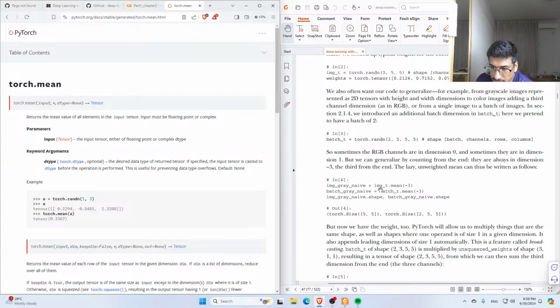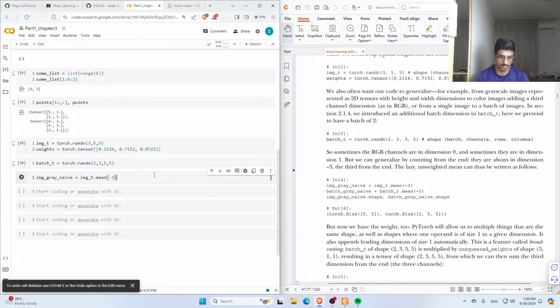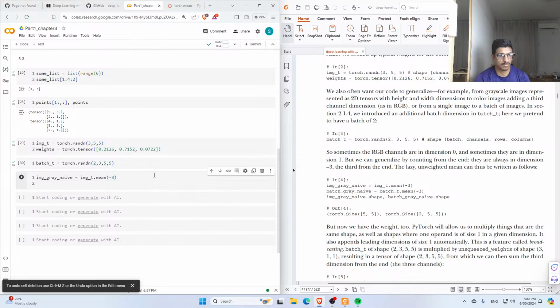Okay त्यसपछि mean third no -3. But we can generalize by counting from the end, there is always dimension -3, okay, the third from the end. The lazy unweighted mean can thus be written as follows. Okay. batch great